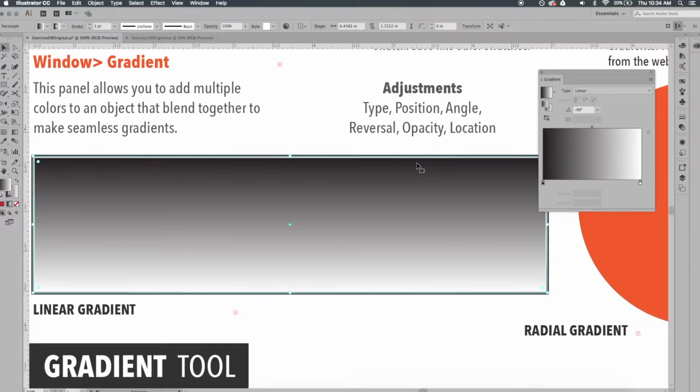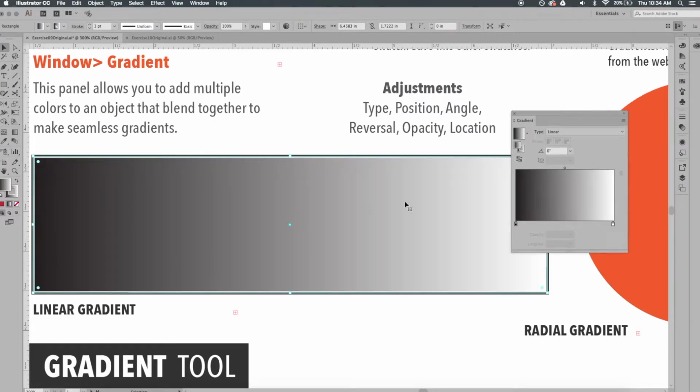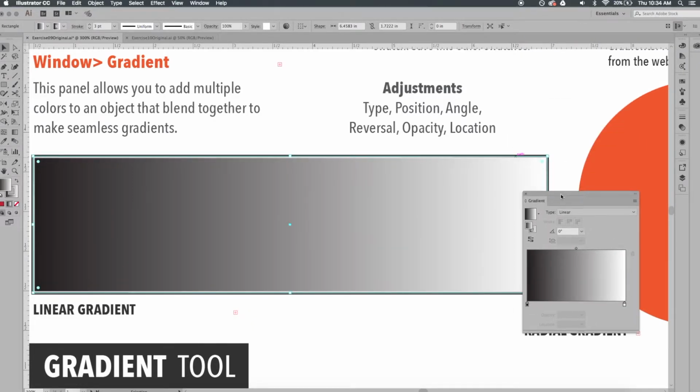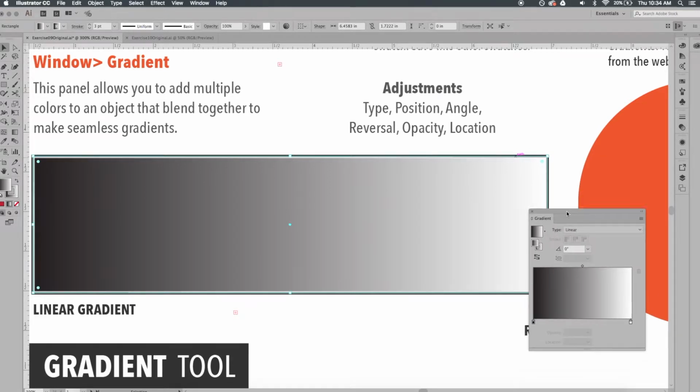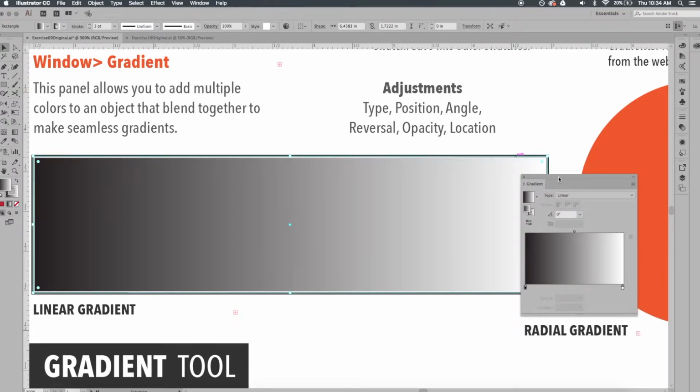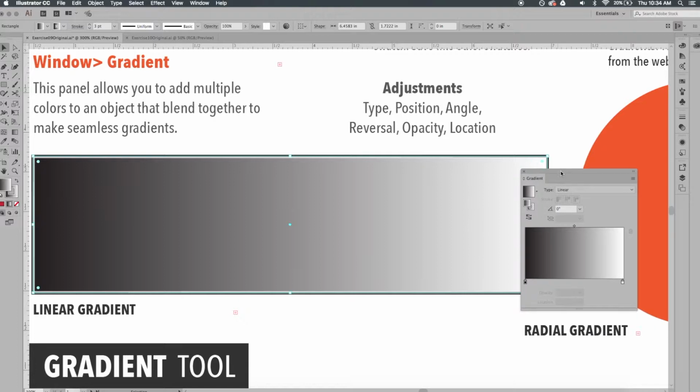So I could do a negative 90-degree angle and flip it, so now it's moving up and down. Alright, so when we use gradients, usually we like to add other colors. When you use the gradient panel, it's usually a good idea to use it in tandem with your swatches panel. But before we do that, I'm just going to show you another way you can start to add colors into